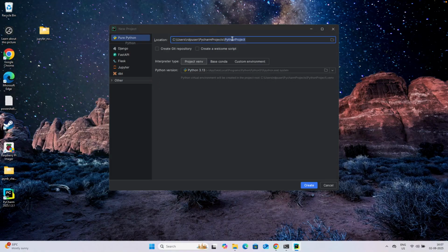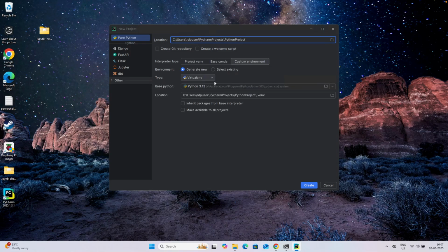I have this Python project, and the best way to work with a project is to use a Python virtual environment. When you're working on multiple projects, each of these projects should have a virtual environment. We have libraries in Python, and for different projects we may use different library versions. So you would isolate the libraries in the virtual environment for that project. Each of your projects would have a separate virtual environment. That's the idea. Here you can either use this project venv, or you can use a conda environment, or you can give a custom environment. You can use whatever you need to use. We can use this virtualenv.